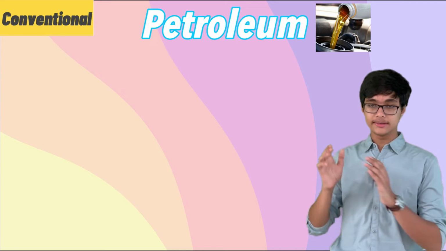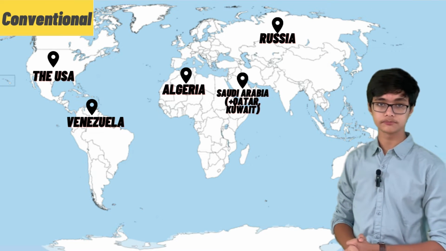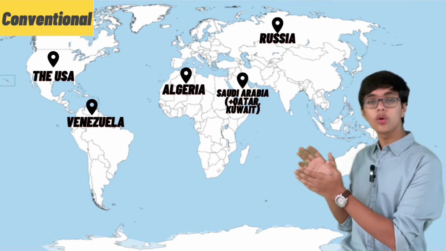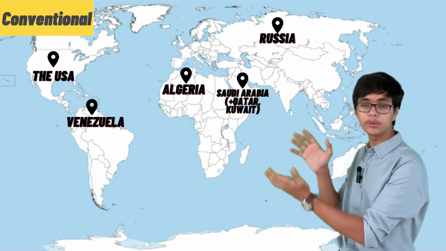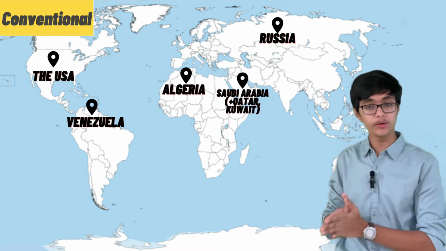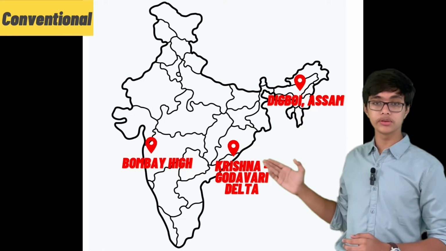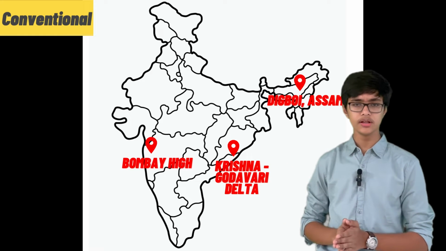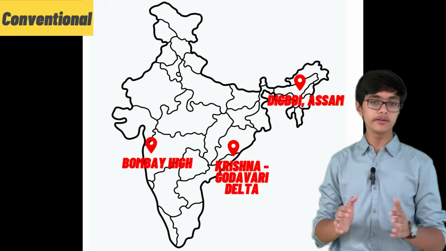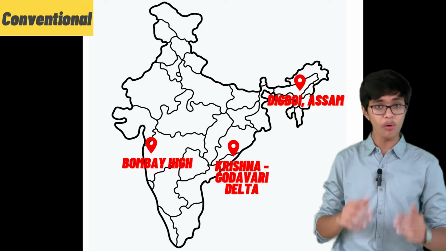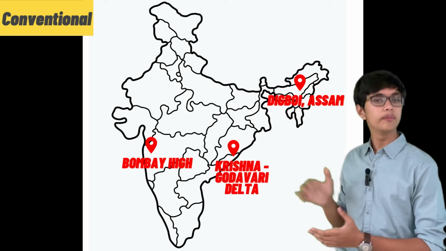Now, here is a map showcasing the major petroleum producing regions of the world. Now, take note that these are also the regions which are known for their rich lifestyles. So basically, these are the countries with a high and a very, very strong economy, all because of petroleum or oil. And these are the major oil producing or petroleum producing regions in India. Notice something common in the two maps? Yes, these regions are present very close to the sea. This is because petroleum is usually formed under the layers of the sea. So that is all about petroleum.